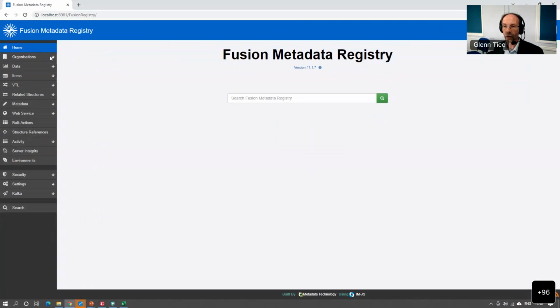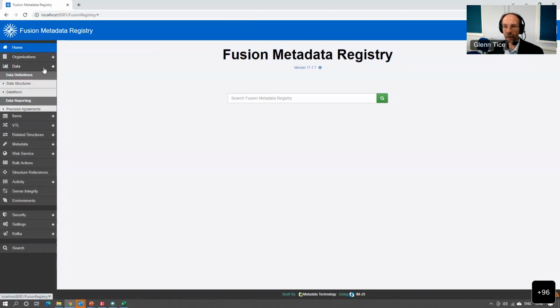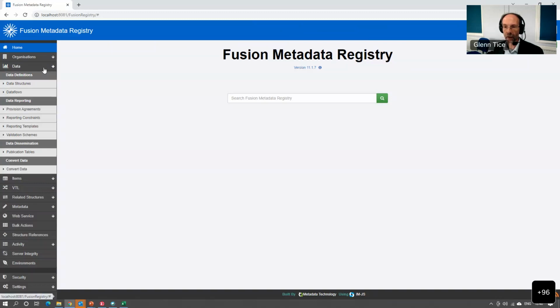Fusion Metadata Registry is fundamentally a structural metadata registry, so a repository for SDMX structures. So the catalog of SDMX structures is listed down the side here in this menu bar to the left. We can see here very briefly structures relating to data, so the data structures, the data flows, and other structures like provision agreements and things we'll look at in a minute